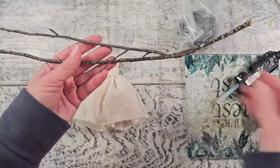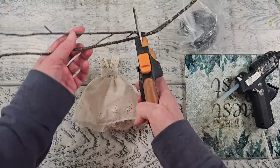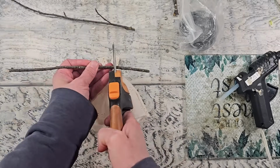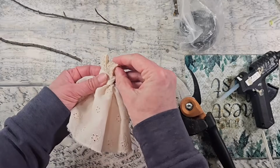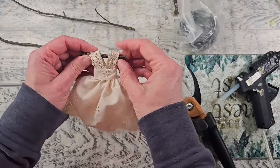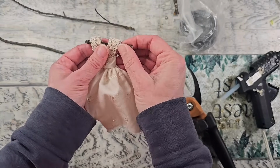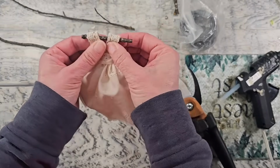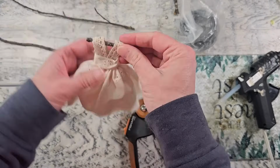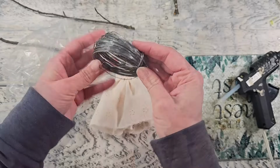So now I wanted to create my hanger. I decided I'm going to use a branch. So I'm just going to cut this branch down to size. You could definitely buy mini hangers, or I have seen people even use paper clips to create a hanger, but I decided I'm going to use a branch because, again, this is like a country inspired little project here, and I thought the branch would be so fitting for that. And plus I always like to add a touch of nature to my projects, so I trimmed that down,